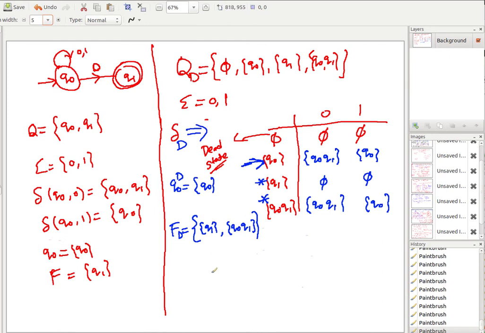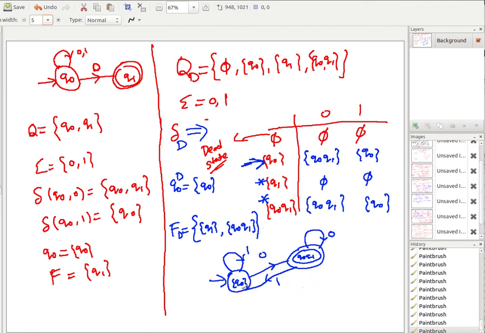And when you have to represent it in the form of a diagram, you start with the start state, which is representing Q0. Then where are you going at the start state at 0? You are going to a final state which is representing Q0 Q1. At 0, at 1 you are remaining in the same state. Now Q0 Q1, right, at 0 where am I going? Q0 Q1 at 0 I am remaining in the same state. At 1 I am going back to Q0.